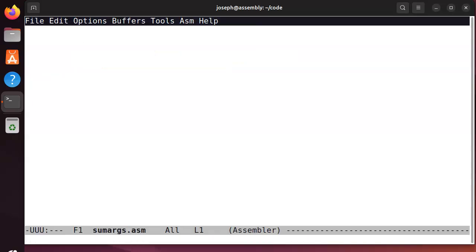And what I'm going to do first is create a section with some text data. So I want to display the total, but I want to have a string that says total. And then I'll just close that with a null termination. Then I will create a section